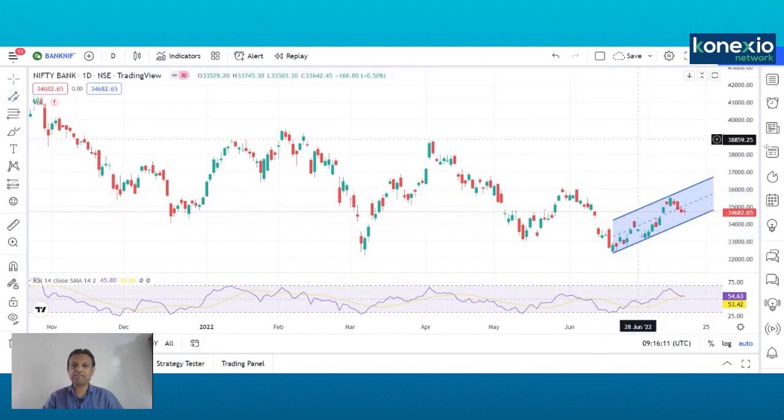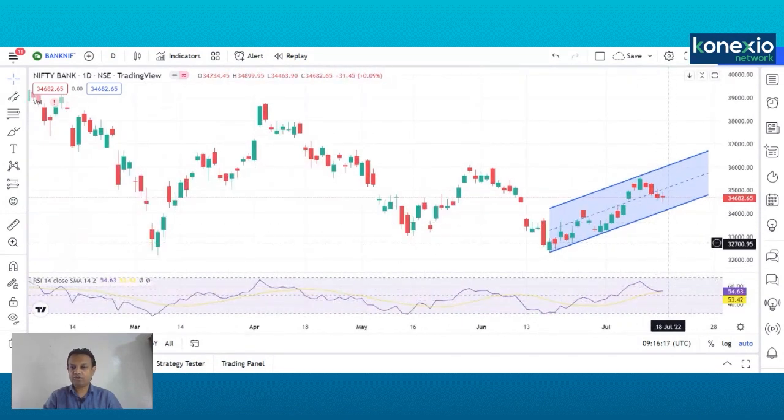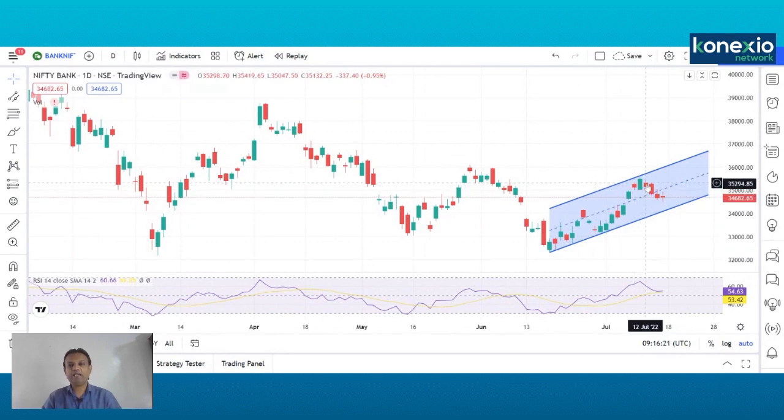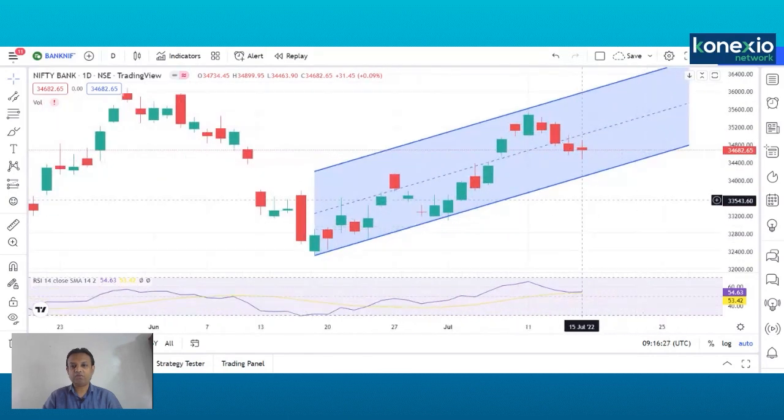Now this is the rising channel. It is just above its support trend line. RSI is also in a comfort zone. Throughout the week, Bank Nifty had remained under pressure, but looking at this particular candle on Friday, it